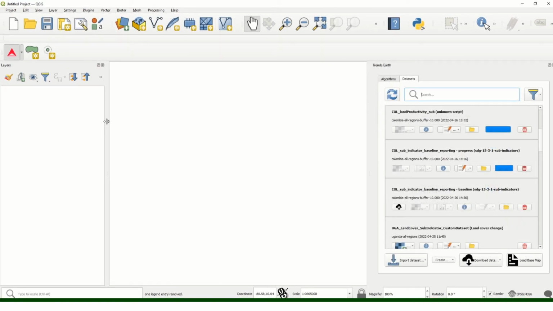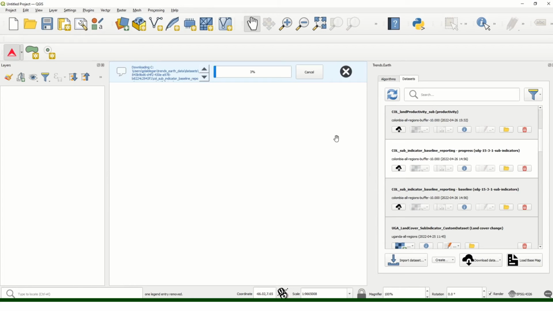Okay, so we just saw how to calculate all the subindicators in just one step, or if we prefer running each subindicator individually for our area of interest. So let's now check how our jobs are doing, if we have anything finished already in Google Earth Engine. We can see here that my subindicators in one step are done on the server,